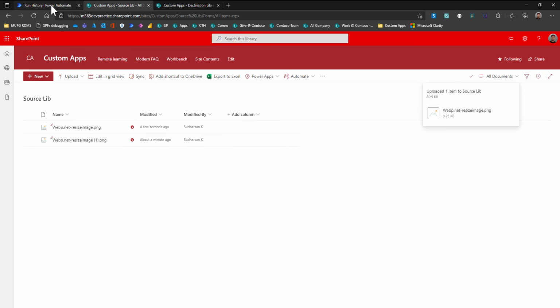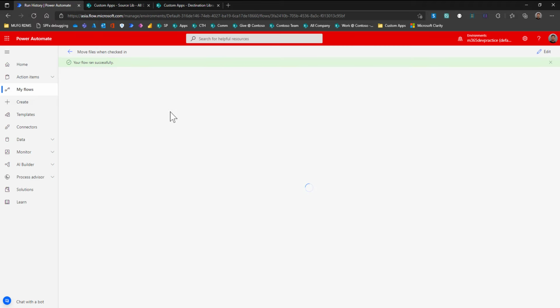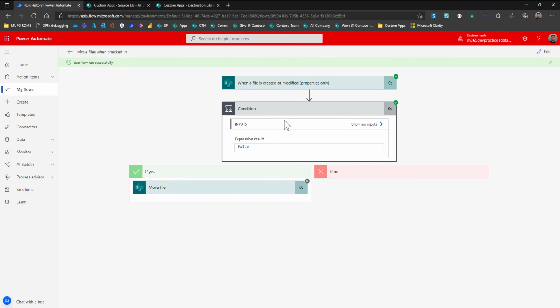So now both the files are in checked out mode, and if you see here, the flow is executed successfully. But if you see the action, since the condition returned false, there is no action executed, so the flow is terminated automatically.